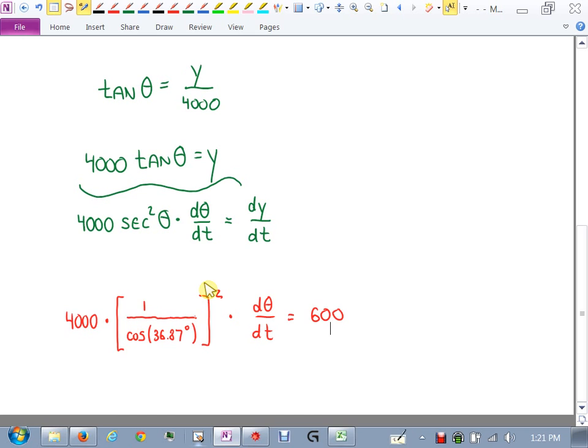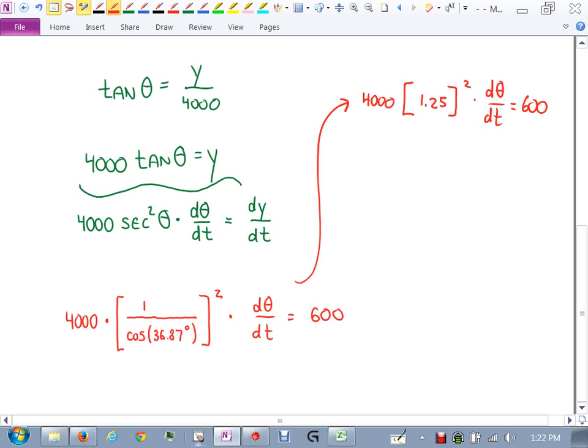All right, so in here, I have 4,000. Inside that bracket, 1 over cosine, I got 1.25. And then I'm going to square that. D theta dt equals 600. So square that answer, and then multiply times 4,000. I get 6250.02 d theta dt